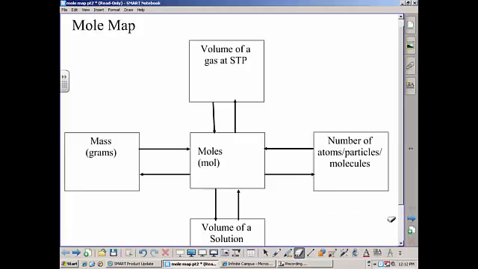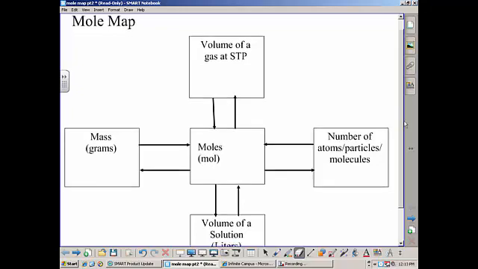All right, today we're going to go ahead and create what is called the mole map in our class. This is going to be a real handy reference for you. What we're going to do is show you how to convert between all the different units that we're going to use in the stoichiometry unit. Whether it's mass, measured in grams, over here to the right, the number of atoms, particles, or molecules, the volume of a gas at STP we're going to deal with, and then down at the bottom there, volume of a